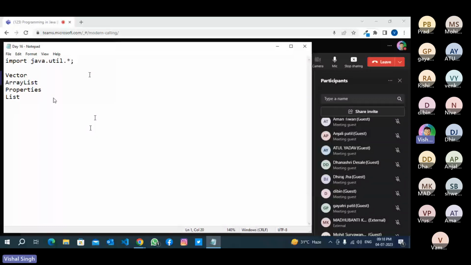whenever we write asterisk sign here, it means we want to import everything from this util package. But if you want to specify a specific thing, then you can also do so, like vector, import java.util.Vector. Okay,